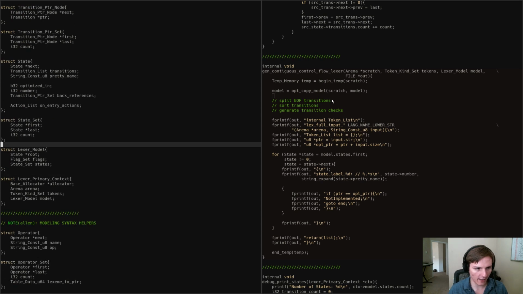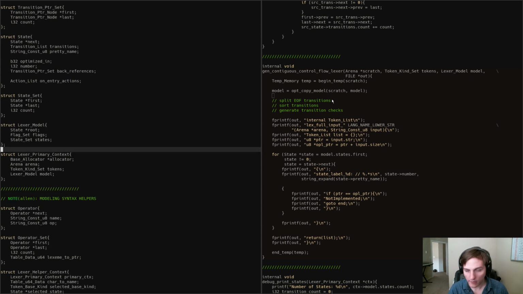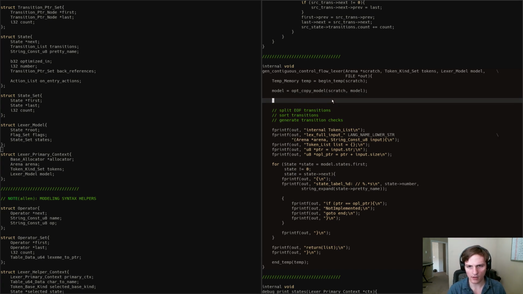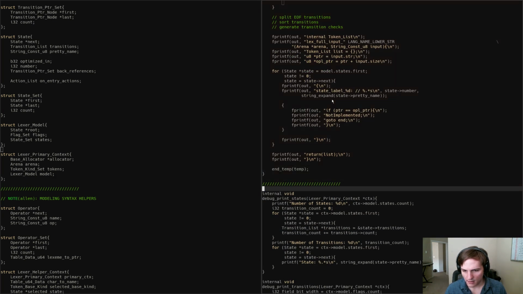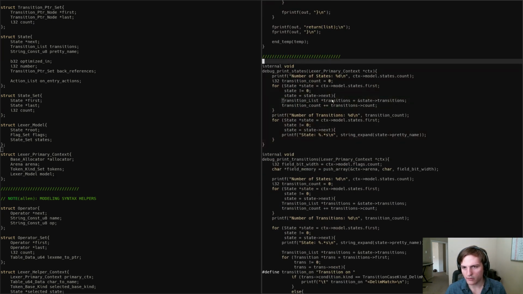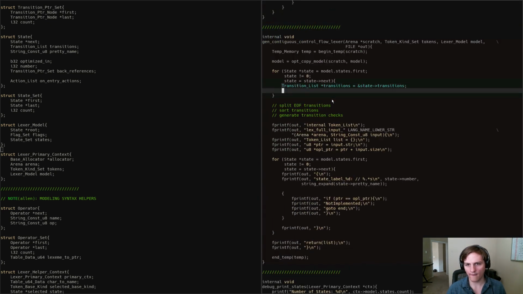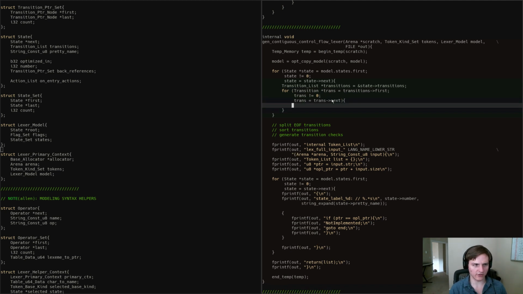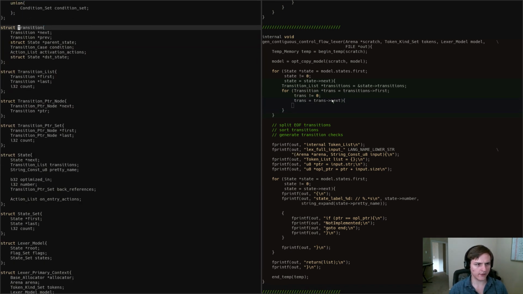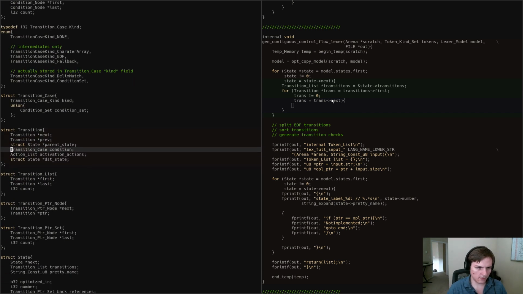I believe the model is just sitting right there. So what I want to do is iterate every transition. That would just be a matter of iterating every state. For each state, we're going to take the list of transitions that state contains, which we can do right here. And then we're going to iterate the transitions that are stored inside that list. Okay, so we're iterating the transitions, and our goal here is we want to look at the conditions of each